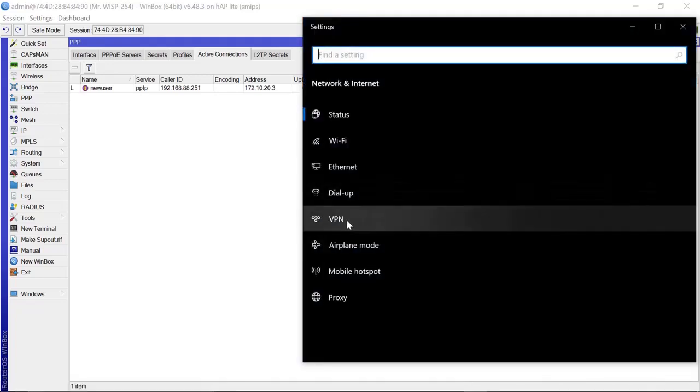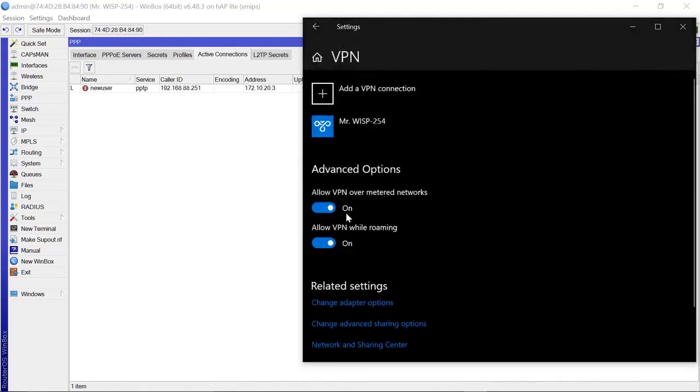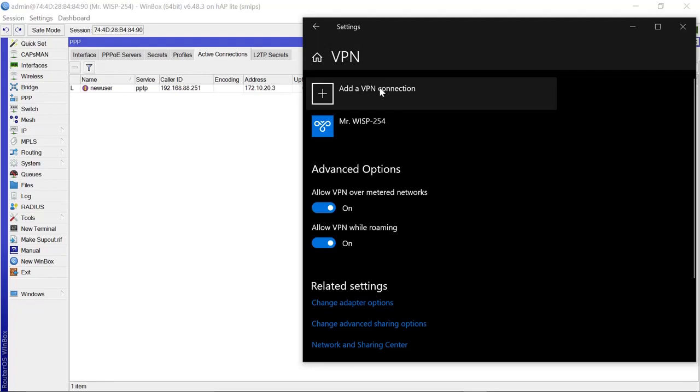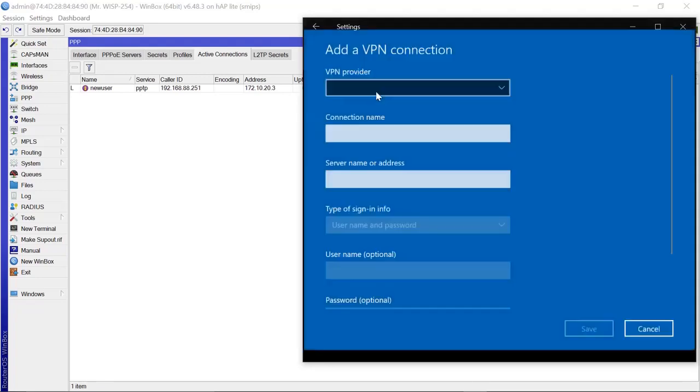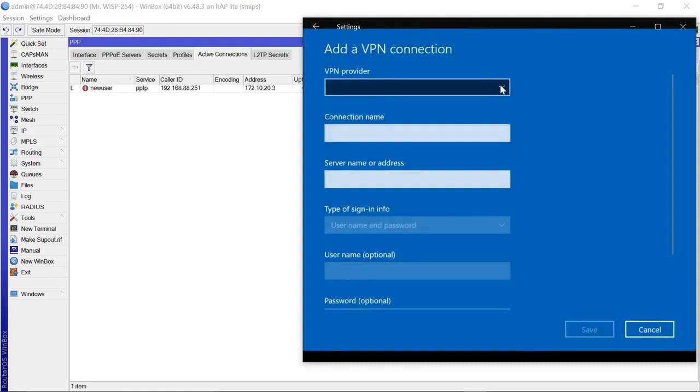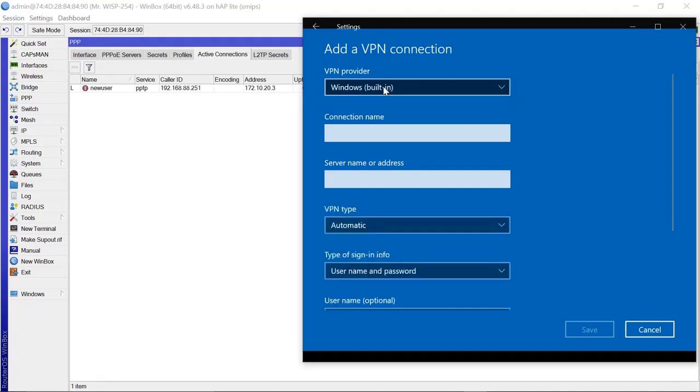Then you need to come to VPN so that you can set up a new VPN connection. Then you say add a VPN connection. Our VPN provider definitely is the Windows inbuilt connection, and our service name is, you remember we had this somewhere,